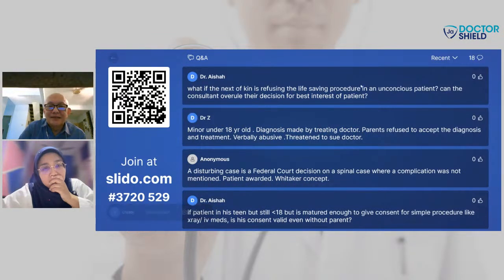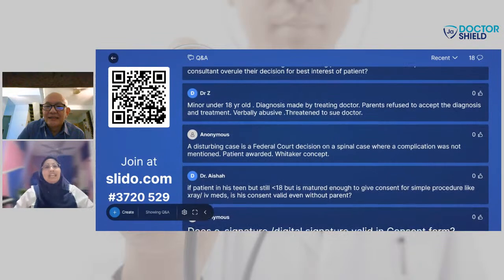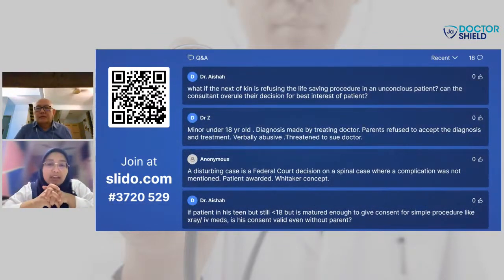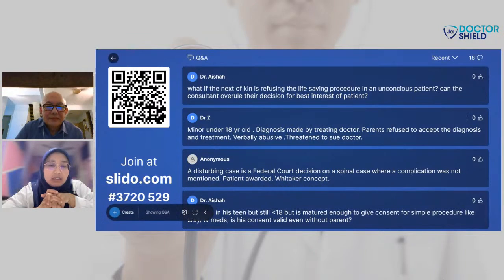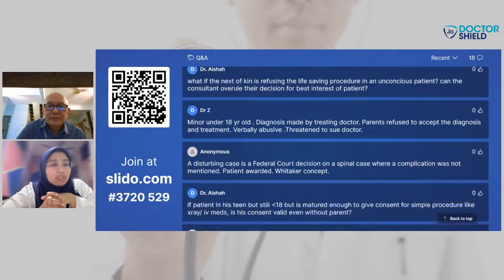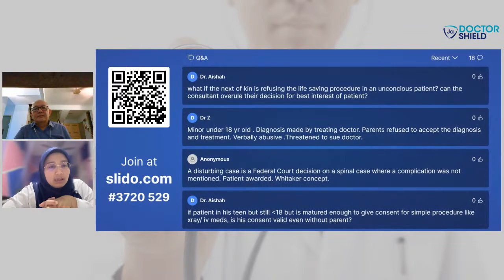One ethical dilemma. At the end of the day, I believe that for that particular consultant, they must understand the reason that particular next of kin decided not to proceed with the procedure. Is there any particular reason? Whatever it is, as I mentioned, notation in the medical record is really important. Even if the next of kin decided not to proceed with a certain procedure, there's always a possibility that other family members start to query why you did not do this and that.